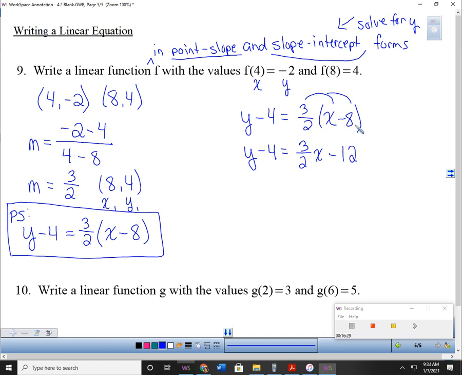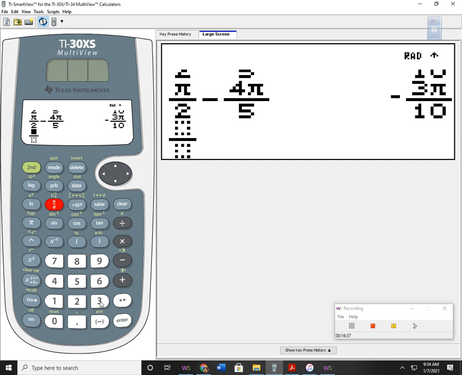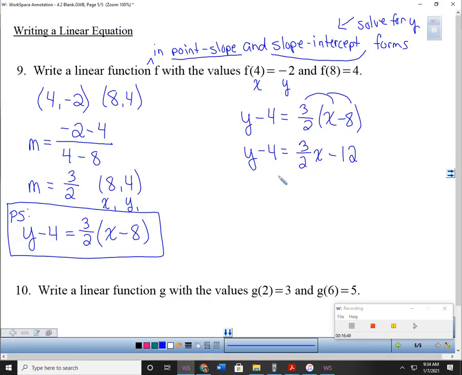But remember, you have a calculator, so if you need to do 3/2 times negative 8, then do that. All right, and you get your negative 12. All right, then you got to get this y by itself, so you're going to add this 4, and you have a like term right here. You can put that with the negative 12, so we're going to add 4, and you get y equals